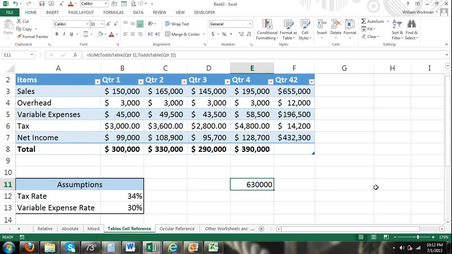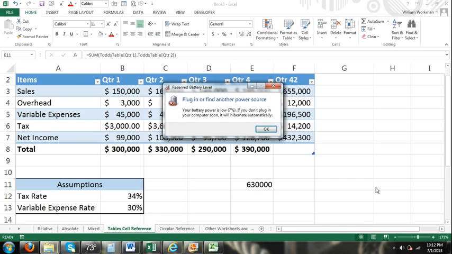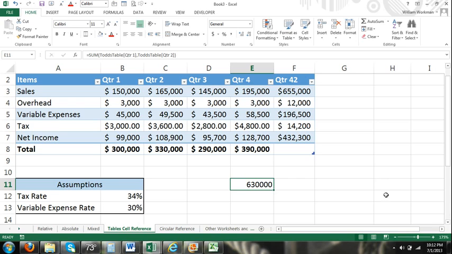Alright. Looks like my battery's about to die. You can see it. Poor planning. Okay, so